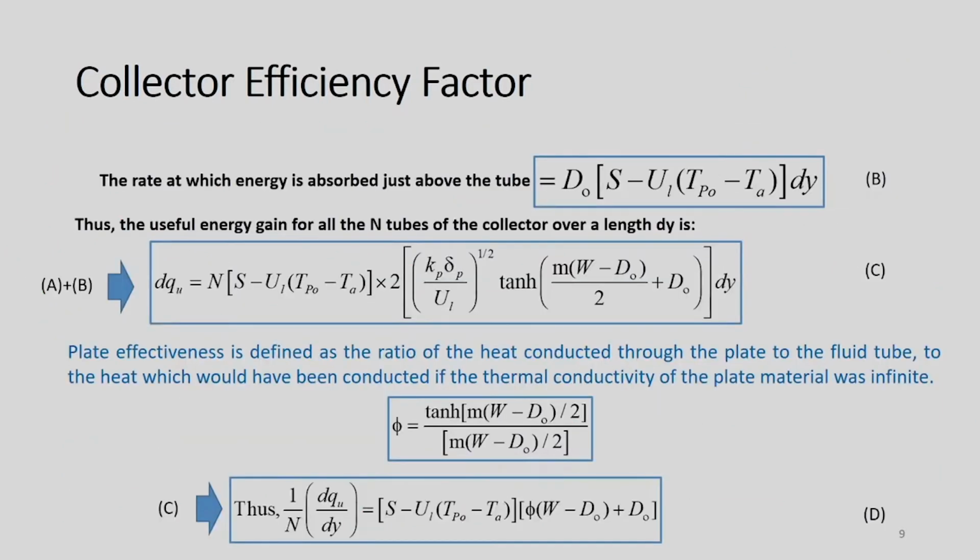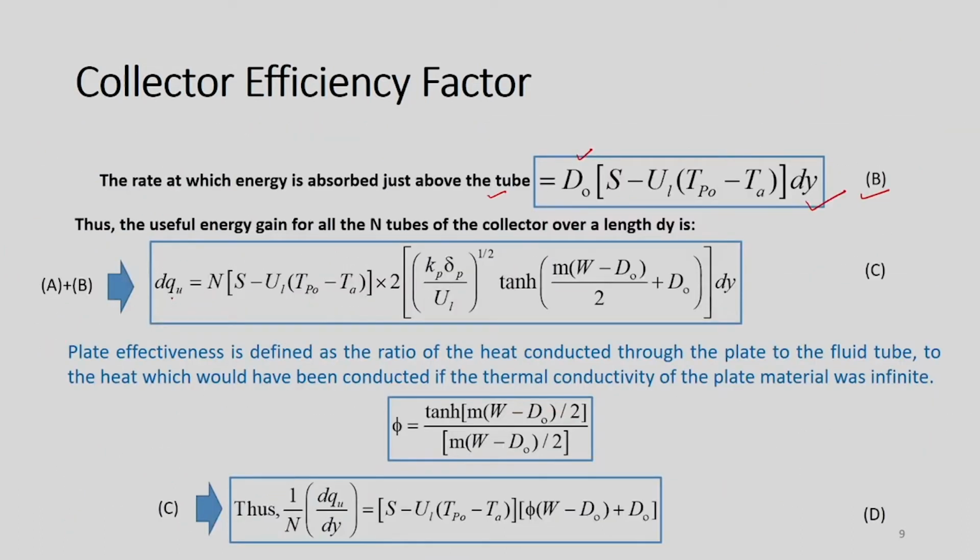Now, the rate at which energy is absorbed just above the tube is also known to us. D naught is the outer diameter of the tube, and this expression is known to us. So, we can straightaway use it for calculation of the rate at which energy is absorbed just above the tube. So, if we add these two expressions, equation B and then equation A,